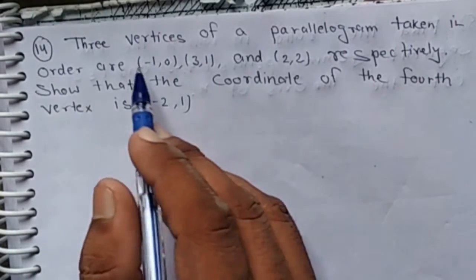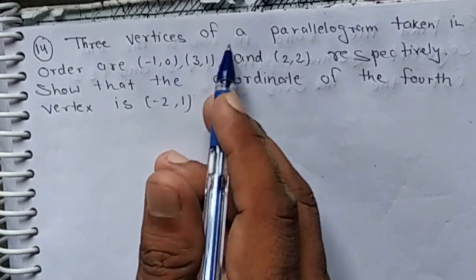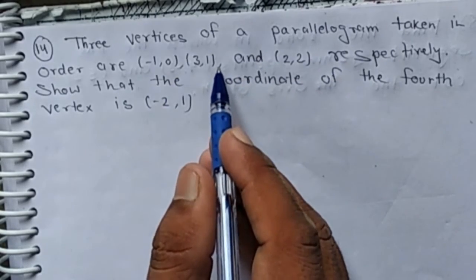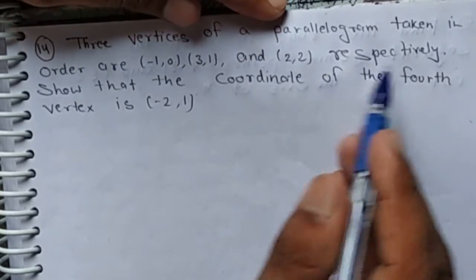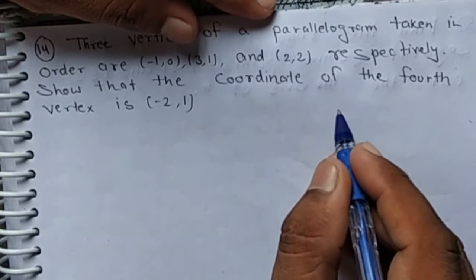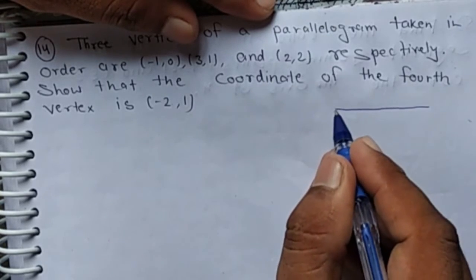Good morning class. It is question number 14. Three vertices of a parallelogram taken in order are -1, 0, 3, 1 and 2, 2 respectively, so that the coordinate of the fourth vertex is -2, 1. Let it be a parallelogram